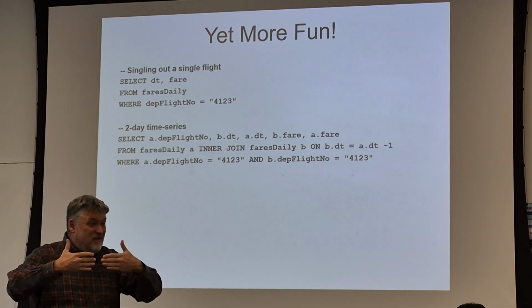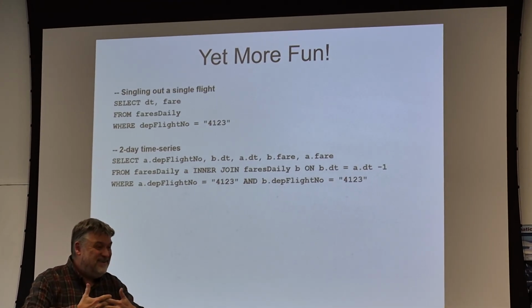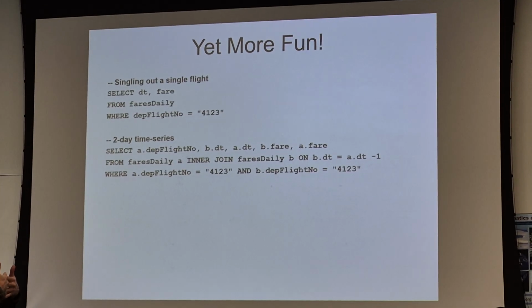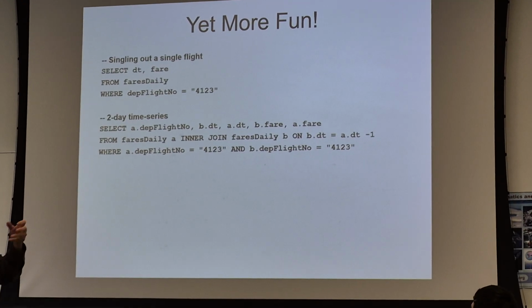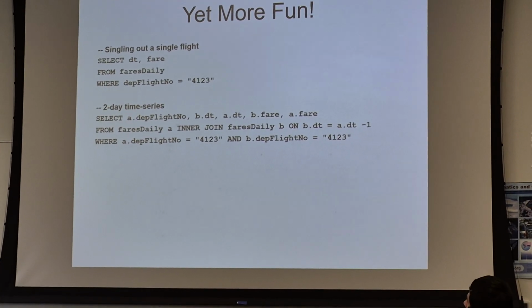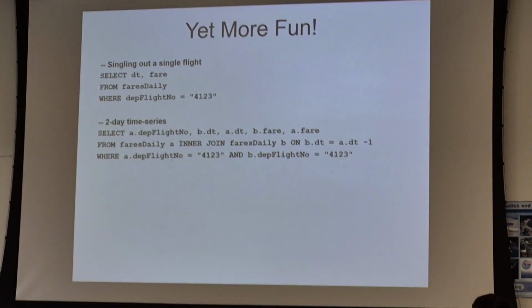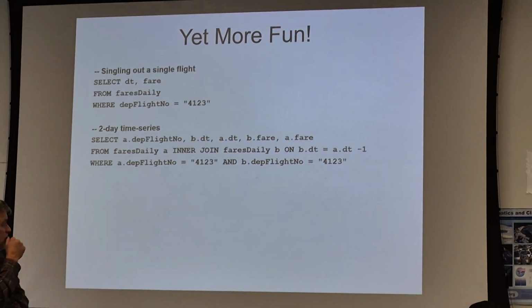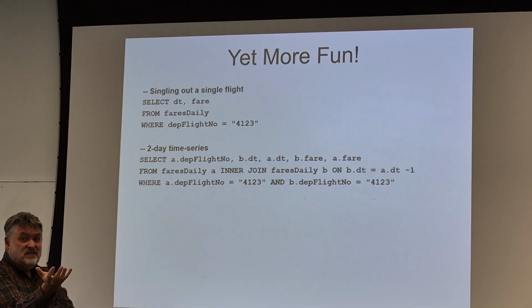You're doing an inner join. We're joining them on the basis of what? Yeah, it's actually not in the where clause anymore. Inner join likes to have the on, and so the where clause is actually in the from clause: where the date of B is equal to the date of A minus 1. So it'd be the previous day? Yeah, because dates in